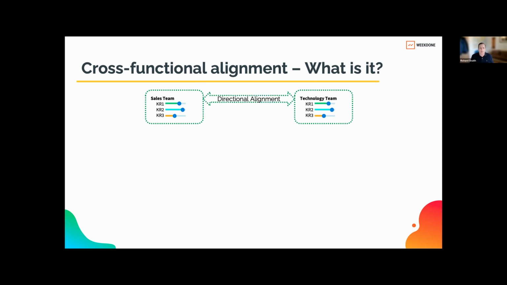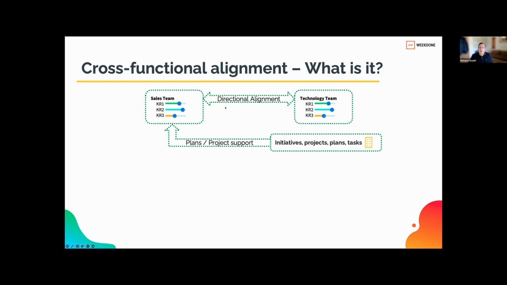If we had two teams, we could have directional alignment, meaning the sales team and the technology team look at each other's OKRs and understand, yes, we're moving in a common direction. They might be aligned up to a company level objective above that's aligning it, or they just understand they're working together. There's not different directions. That's alignment. That is a very basic level of alignment. There's nothing connecting their two OKRs except that they understand each other's and they're working in the same direction.